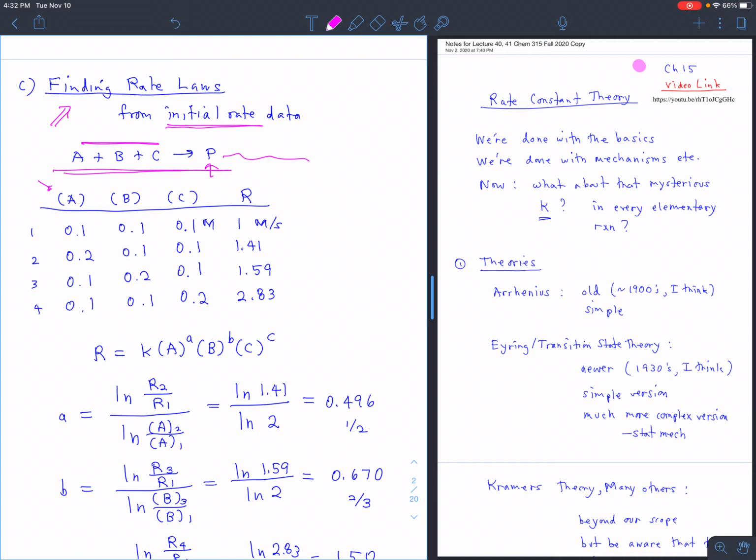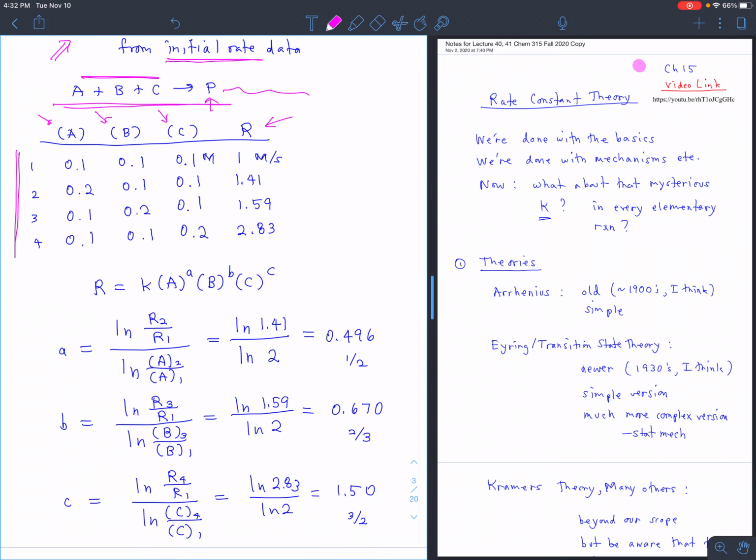So here's our 3 reactants, A, B, and C are reactant concentrations. And since there are 3 of them, you need at least 4 rows of data in order to have enough data to determine the rate law. And then the 4th column here is the rate itself. Under these conditions for concentrations,